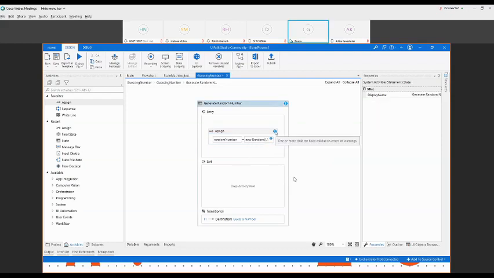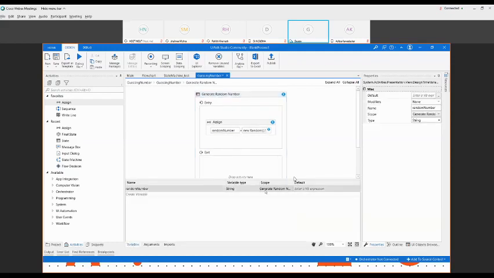Now you can see there is still an error. One or more children have a validation error. It's saying Option Strict On disallows implicit conversion from integer to string, because this is giving an integer number and this is a string. So you have to change the random number. First of all, I will change its scope to the complete file. This variable can be accessed from any state, and this variable is of integer type.